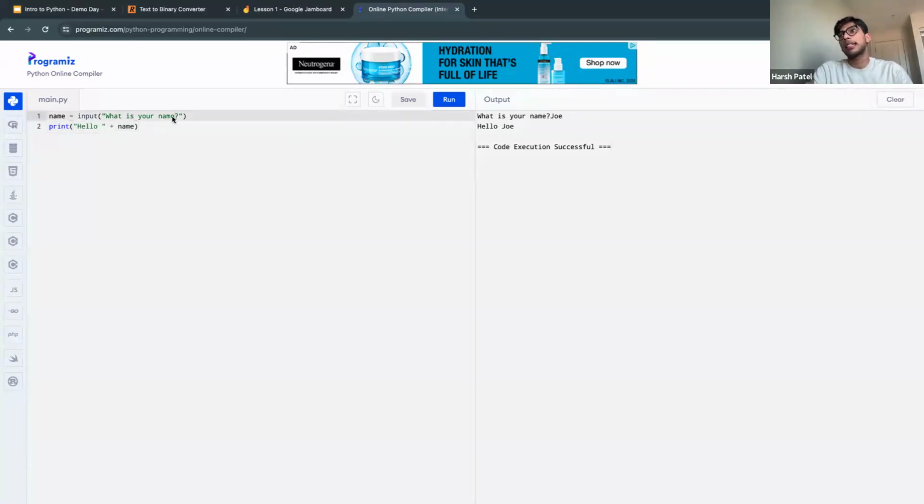For example, you can ask it, how old are you, right? You can ask anything. So anything inside of these two quotations here, those little green text, that's basically what the user is going to see on the right side. So I was asking, what is your name, right? So I showed what is your name on the side. So I can ask, how old are you? And then I can just say, you are,